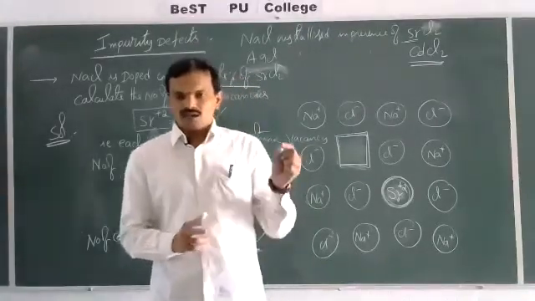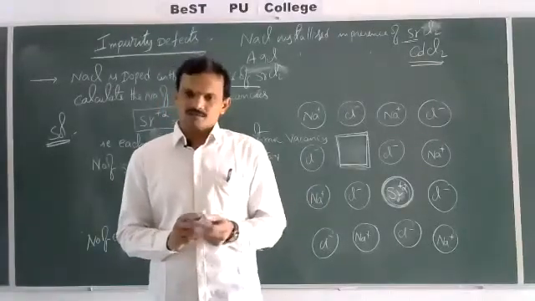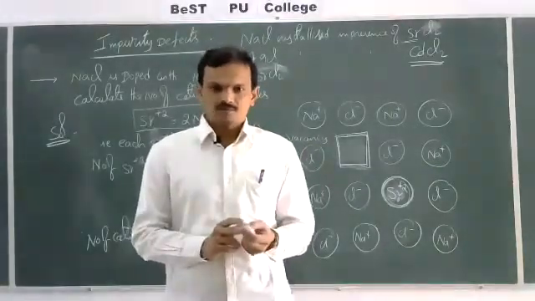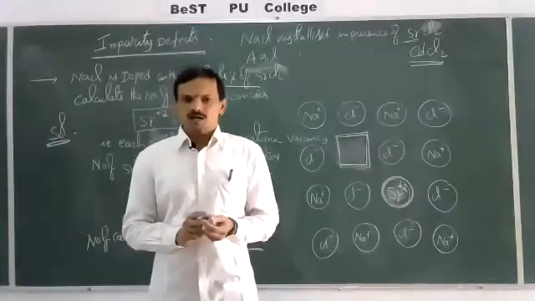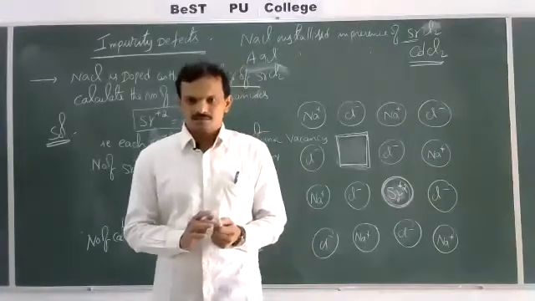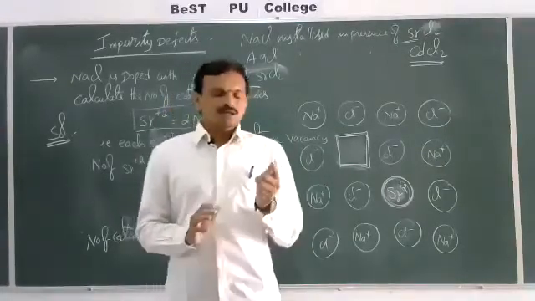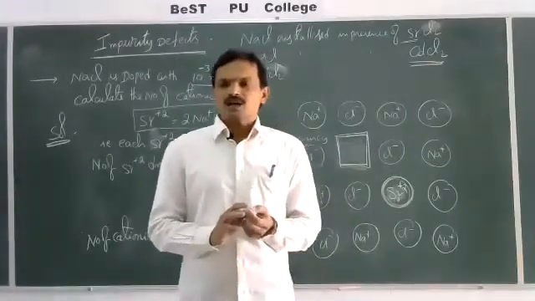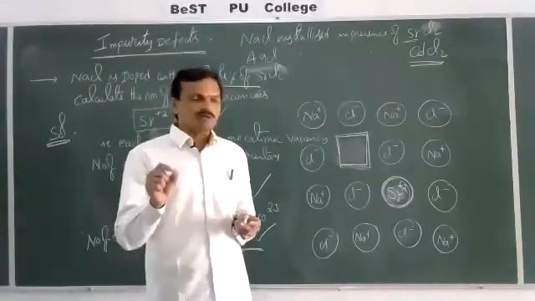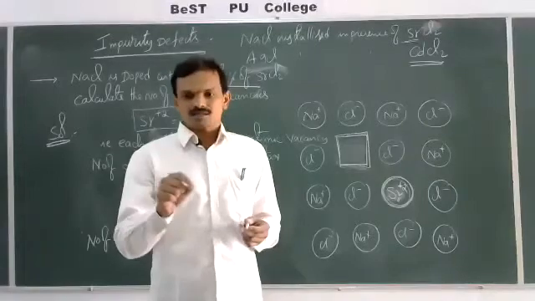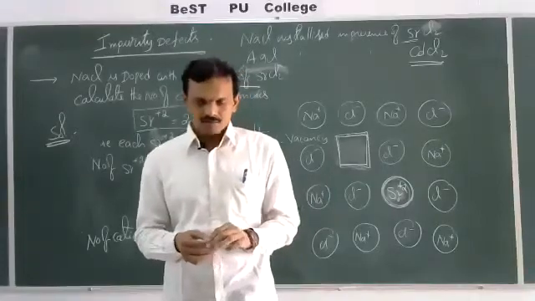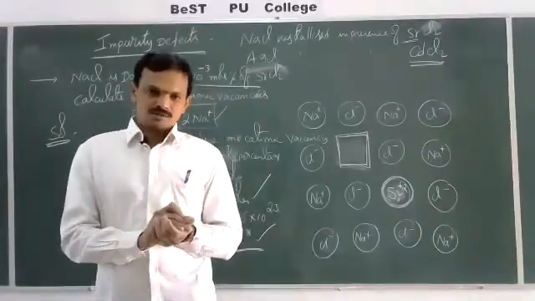vacancy defects and interstitial defects. See, in vacancy defects, some of the particles are missing from the lattice sites. Since some of the particles are missing from the lattice sites and there is no change in volume, the density of the lattice decreases. In case of interstitial defects, some of the particles in the lattice points remain in their original positions. In addition to that, some new particles are introduced into the interstitial sites. That means the density of the lattice increases. These are the defects observed in non-ionic compounds.